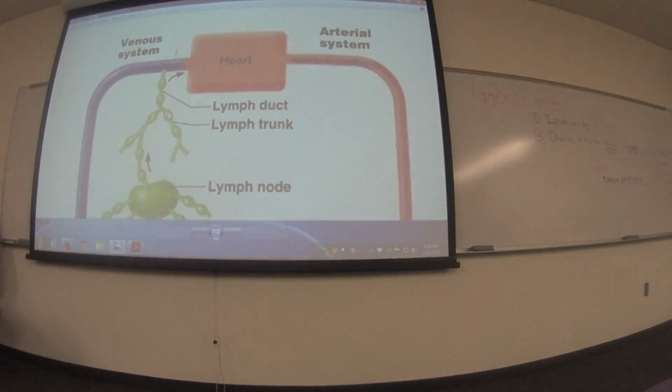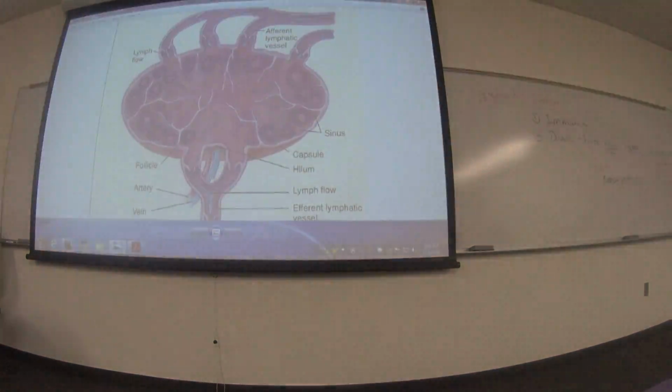Does that make sense? That's what, supposedly, the sewage treatment plant is doing to your sewer. It's cleaning the waste before it dumps it in the Willamette so you can drink it. That's the logic of this system. So I'm going to show you a lymph node, which is one of these filter devices. Let's figure out what's going on.